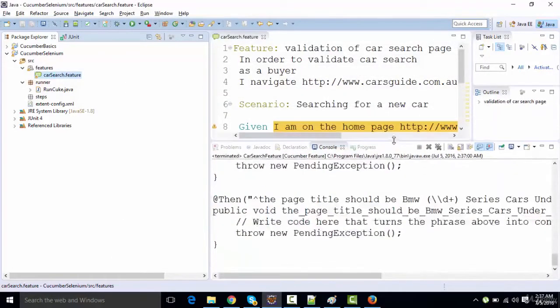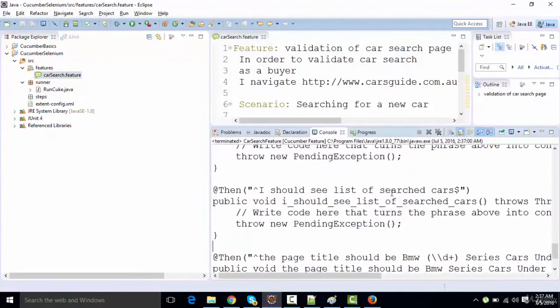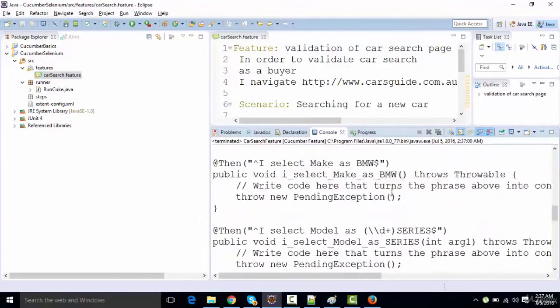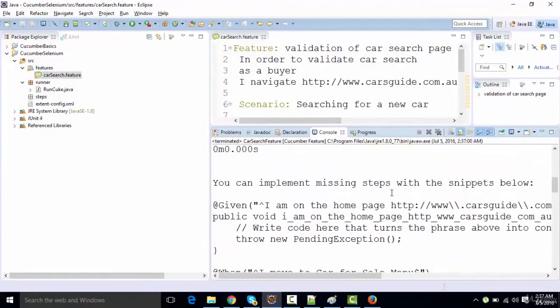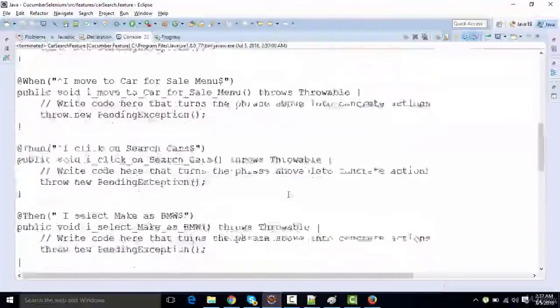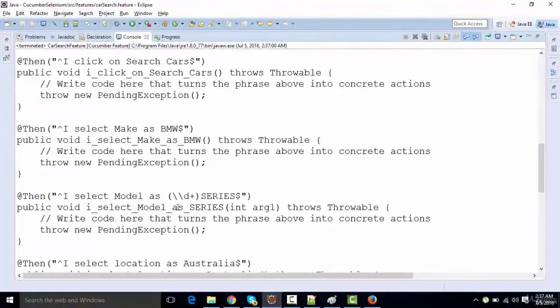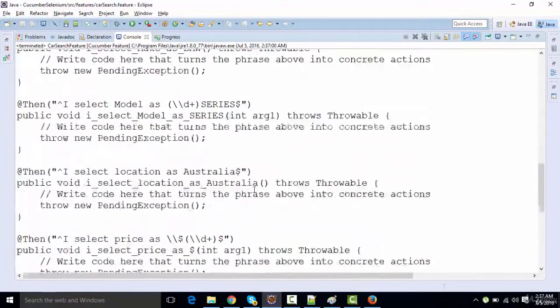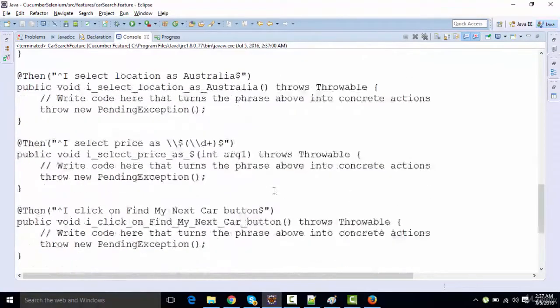So I'm gonna get the steps over here, right? So all these steps I can copy from here. Let us take a look at these steps. Whenever you have a dot in your features, it will be segregated by double backslash like this, right? And then we have all these things, pretty good. And then,